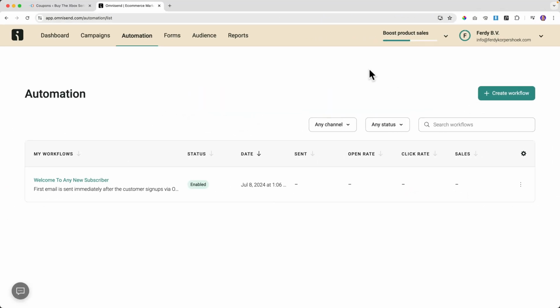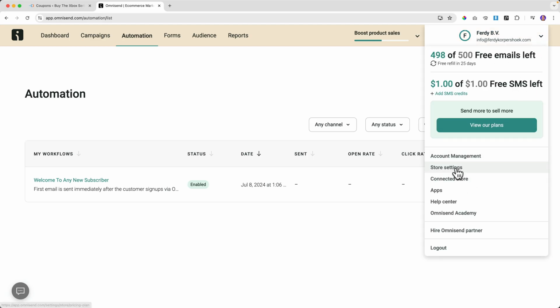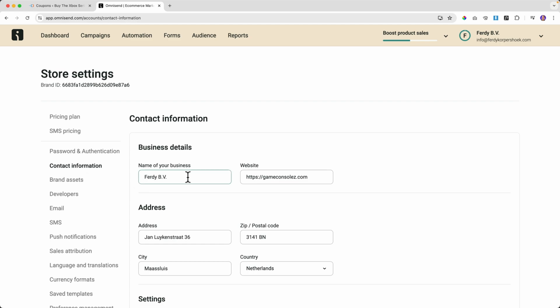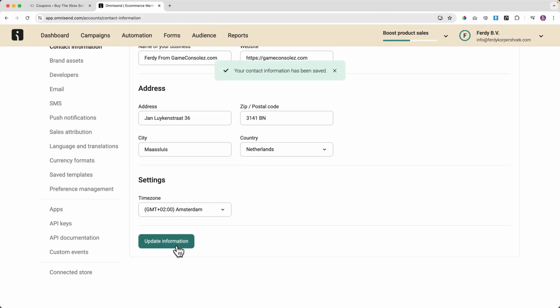If you want to change the default sender's name, go to your account over here, go to the store settings, contact information, and the name of your business, and then you can say Ferdy from gameconsoles.com. I save it.